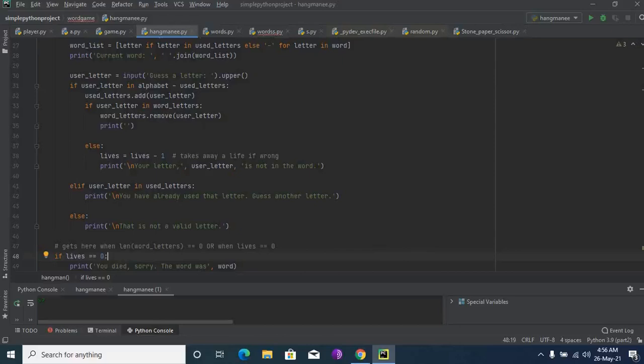Okay. Else if the letter is already used, it will print, you have already used the letter, guess another letter. If all these conditions fail, else print that is not validated. What this does means, if anything, if that word in the word